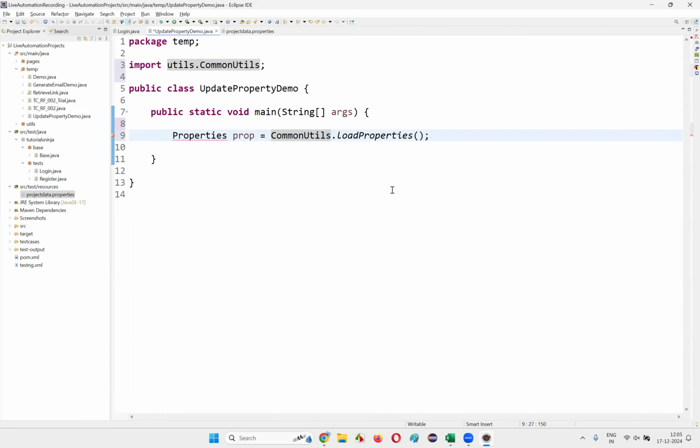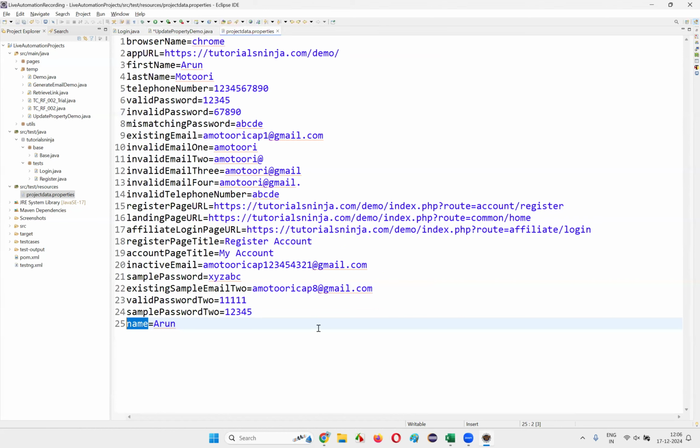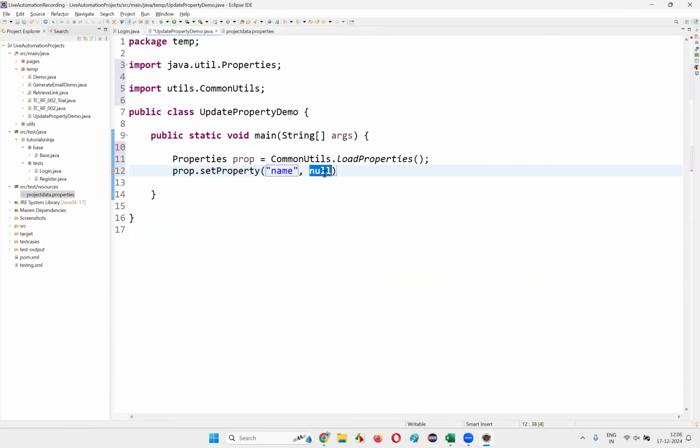Hover the mouse on this, import this from java.util package. Then after that, what is the next thing that I have to do? prop dot setProperty. The property name is name. Copy this. Is there anything like valid password 2 anywhere? I'm just checking. No. And sample password 2, is there anywhere? I don't think so. That's it. Just go here and give that, and give something like